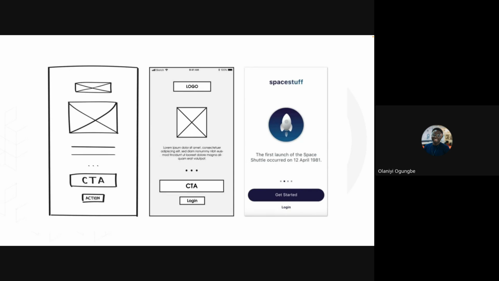Okay, someone asked a question: when creating wireframes, will one create for all possible features or screens expected for the product, or one only focus on some parts? Okay, that's actually a very good question. So it is very, very advisable that you actually create a wireframe for every single feature, every single screen, every single interaction.